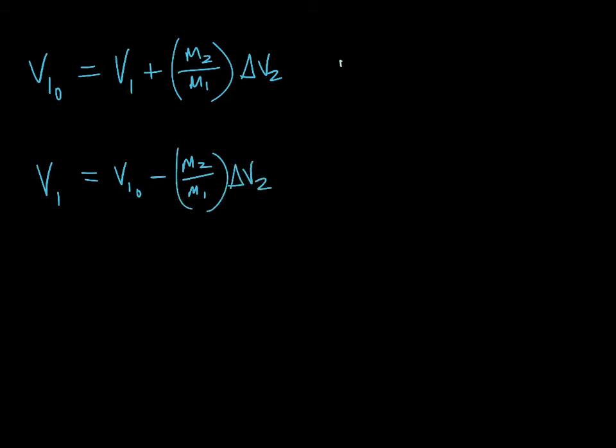I could have V2 initial. It's going to have the same structure, except the mass ratio has to flip. And the reason for that comes from our prior work with the collision lab. We found that there was an inverse relationship between the masses and the change in speed. If you remember,